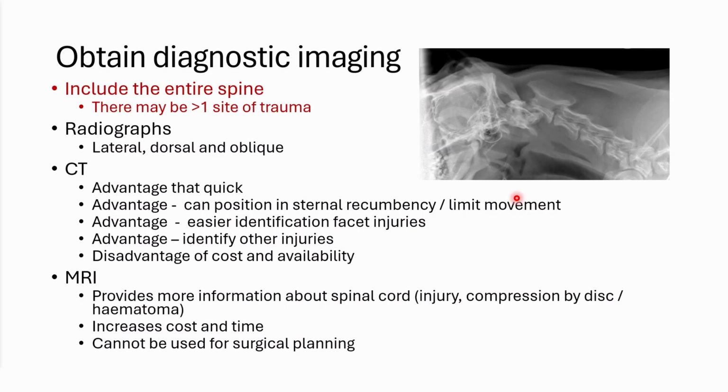It's not like a human where you can strap them in easily. What I tend to do is have 3 people on the animal: 1 person holding the head, 1 person holding the thoracic limbs and spine, and 1 person holding the pelvic limbs, and you all talk to each other and say when you're going to move the animal. So turning to lateral recumbency now, 1, 2, 3, go, so that you don't move the spine and twist it